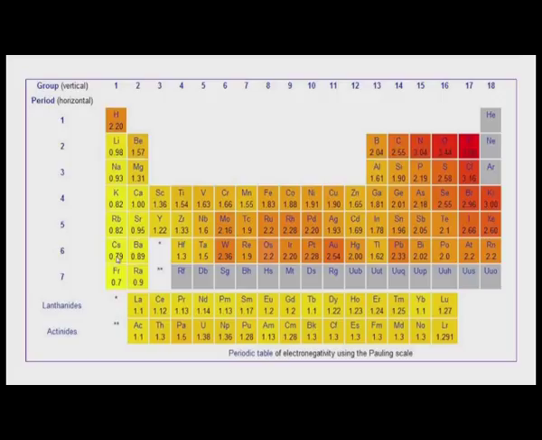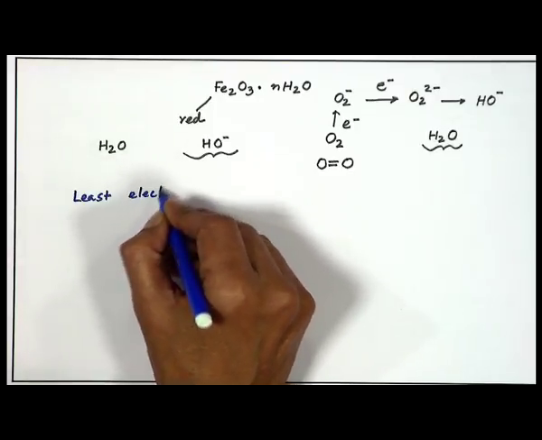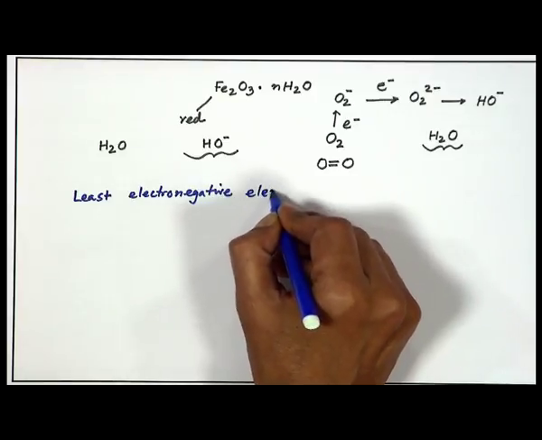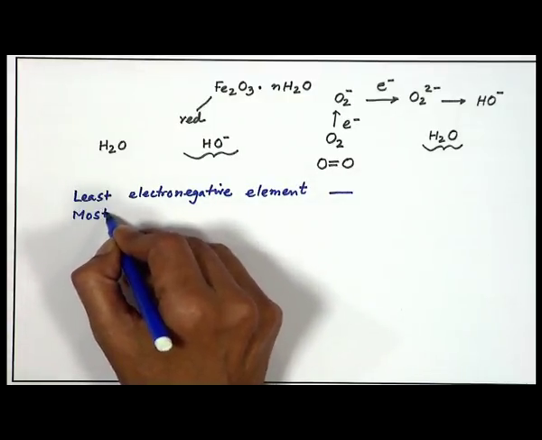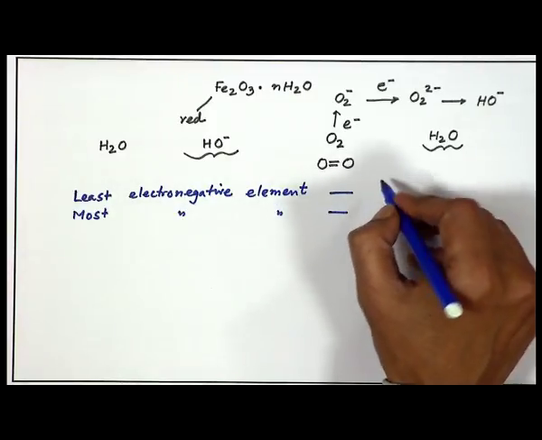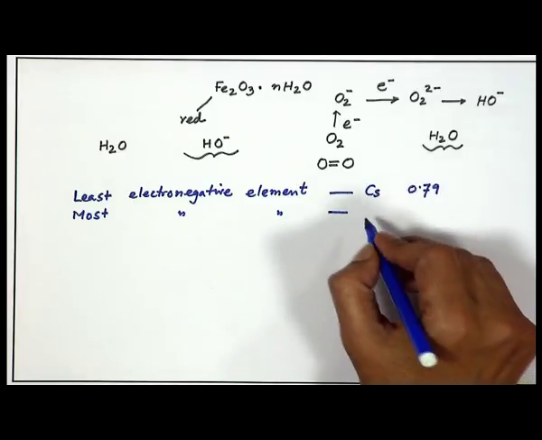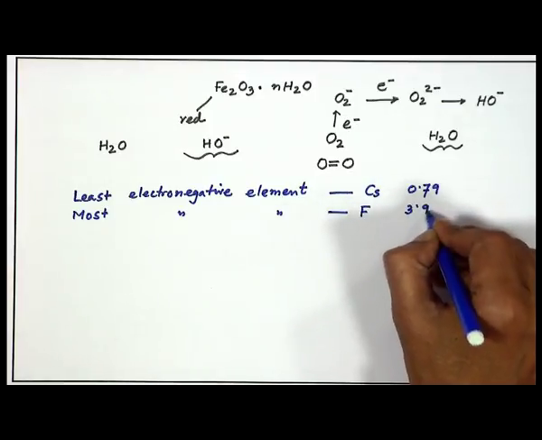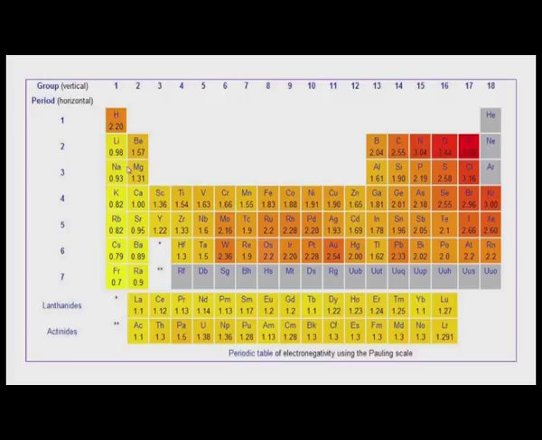So, in the periodic table, the least electronegative element and the most electronegative element we can have: this is cesium having a value of 0.79 in the Pauling electronegativity scale, and the most electronegative one is fluorine, which is 3.98. So, this electropositive or less electronegative element will be oxidized very easily,